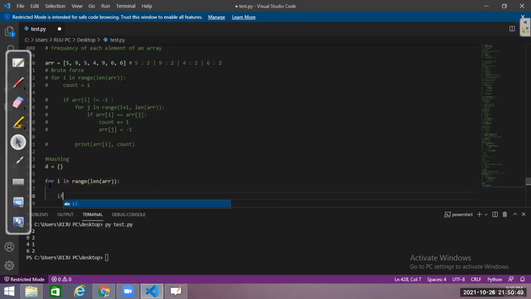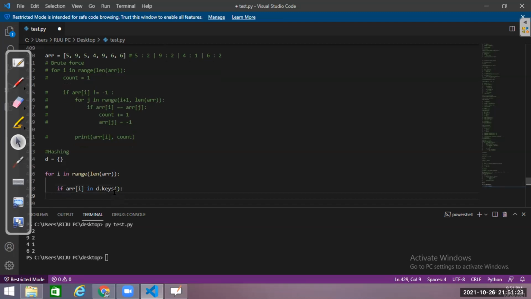Just check a condition. If array of i in D dot keys. How do we use the keys function? D dot keys with brackets open and close. Yes, sir. So if array of i in D dot keys, if array of i is a part of the keys